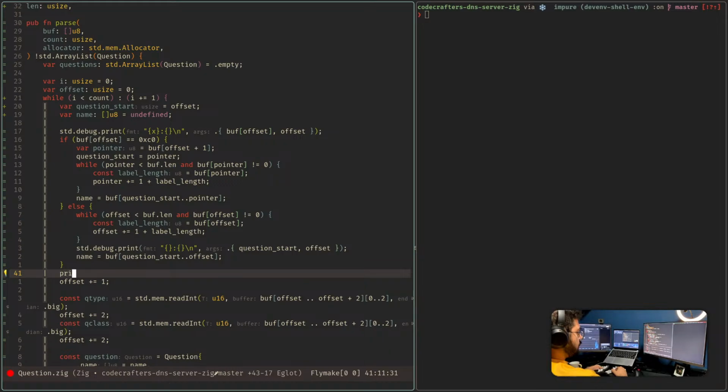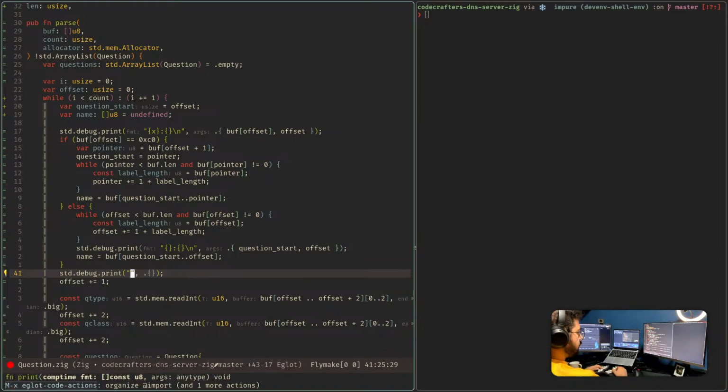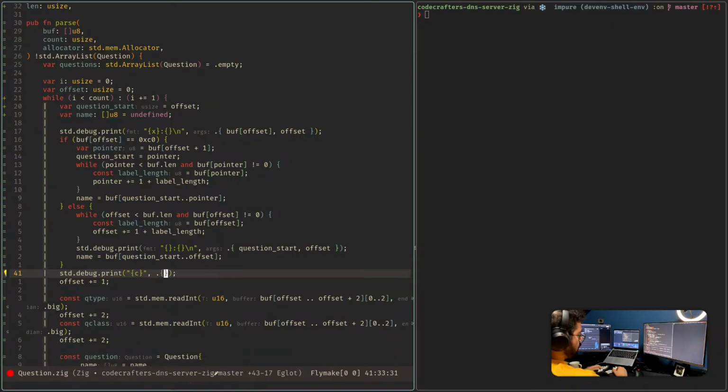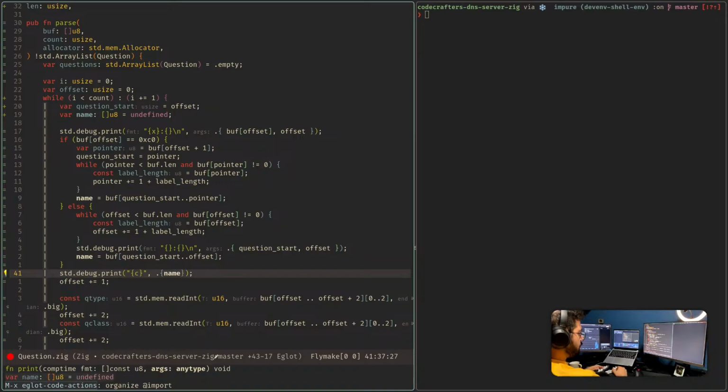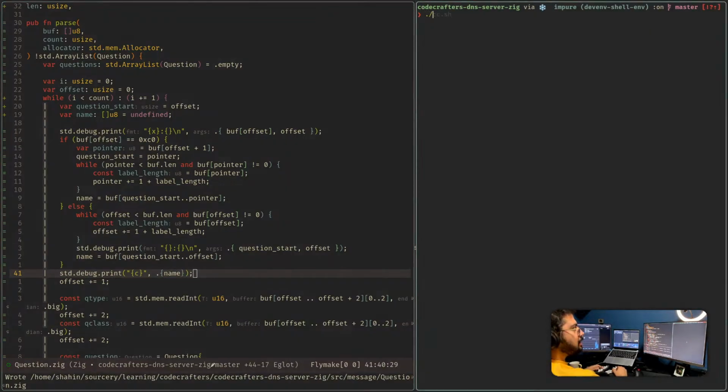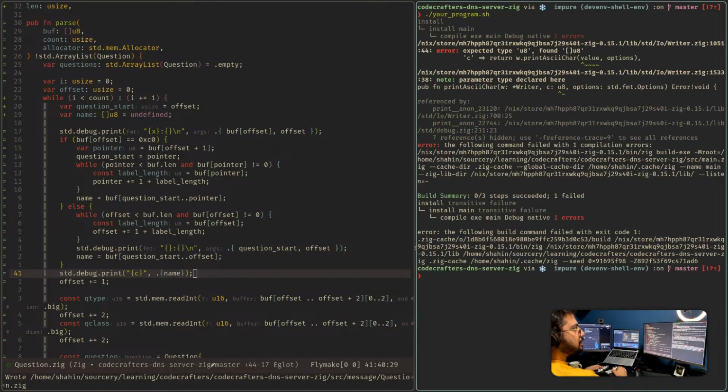And then here I can print the C, print that? I don't know, I guess. And then here print name, right? And if I now run this,